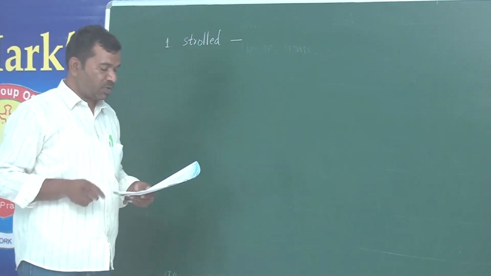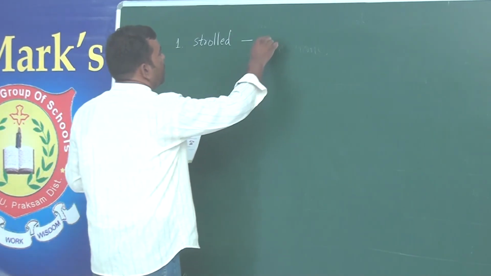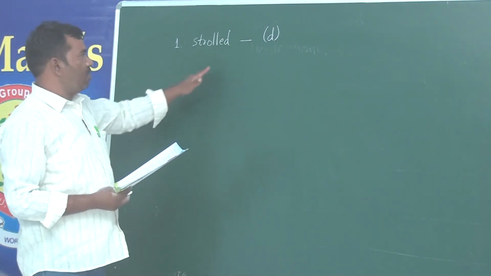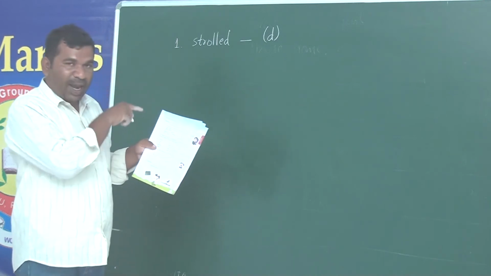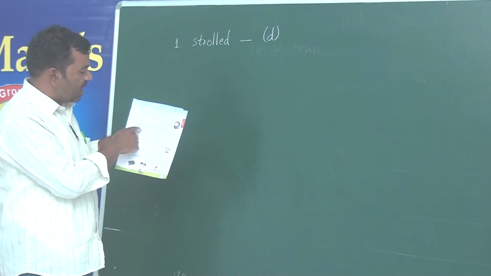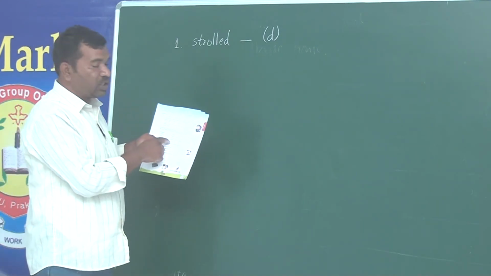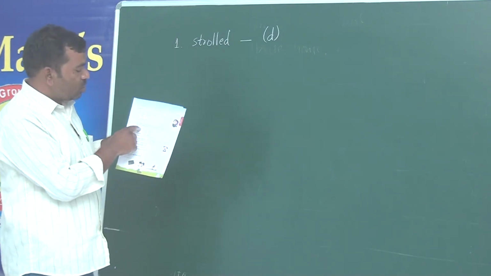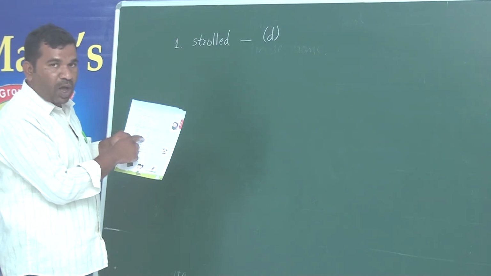What is the meaning of stroll? That is B. Its answer is B. So you see one thing, children. What answer I am reading out, as a symbol, you just connect them using a pencil. Just draw a line connecting your question word to the answer sentence. Got it? How will you connect it? You just draw a line from the question word to the answer word.